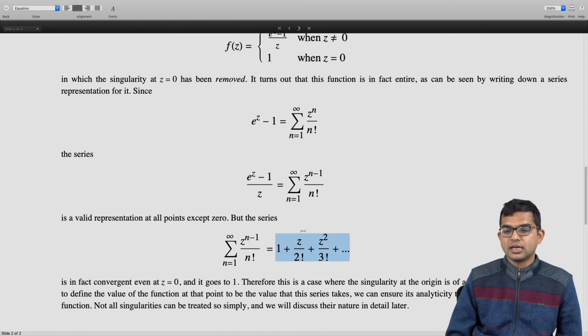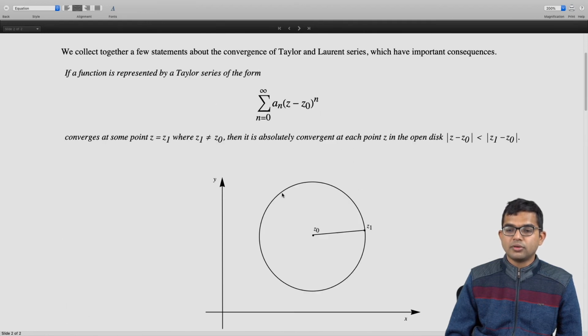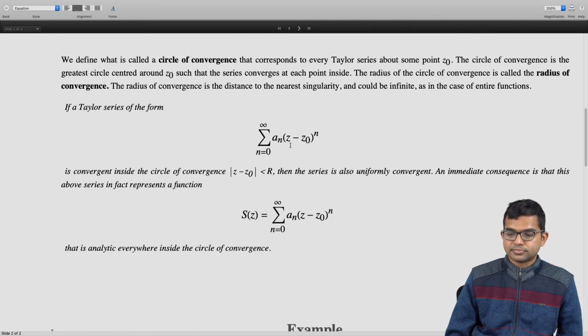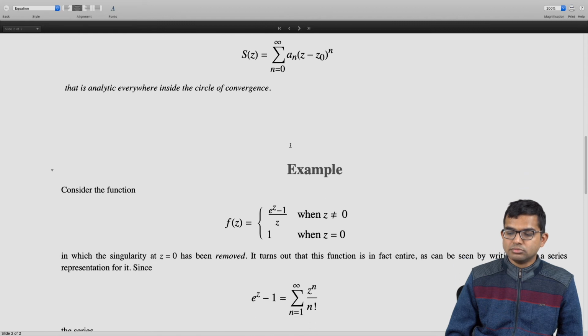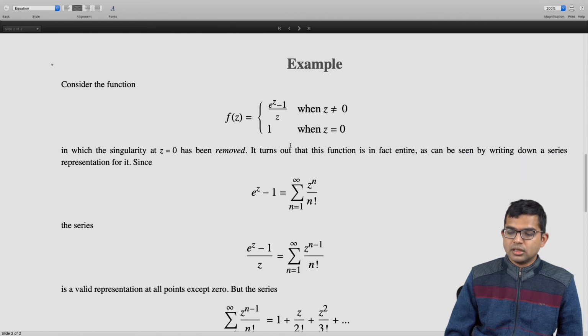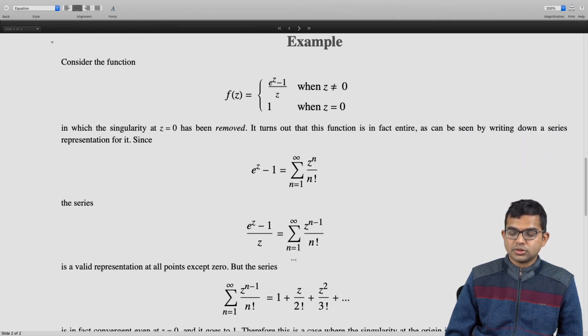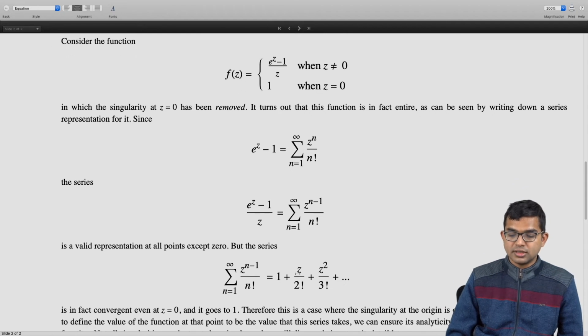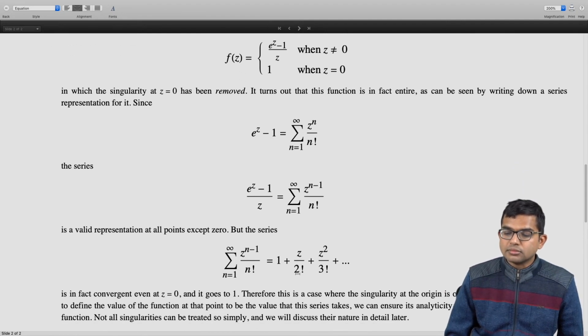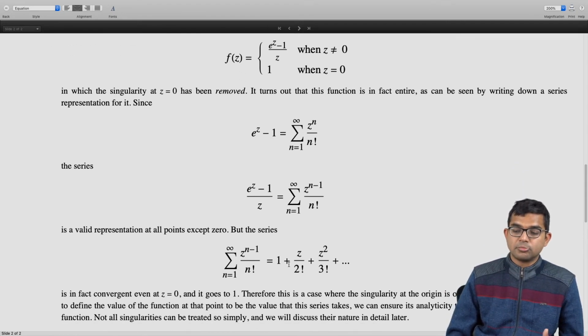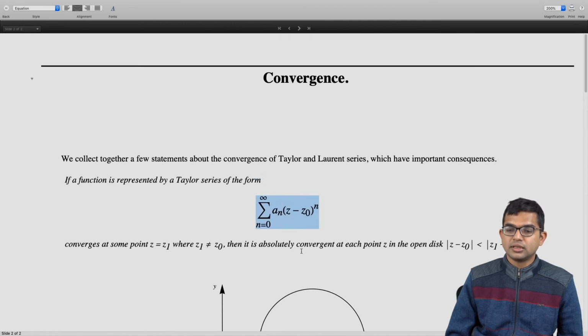Right? So this series, and then we argue that if you have a Taylor series of this form, in this case it starts from 1, so there's a constant term plus z over 2 factorial and so on. If you have a Taylor series or a Maclaurin series, that is the value of this function at that point, right? So we have just seen that